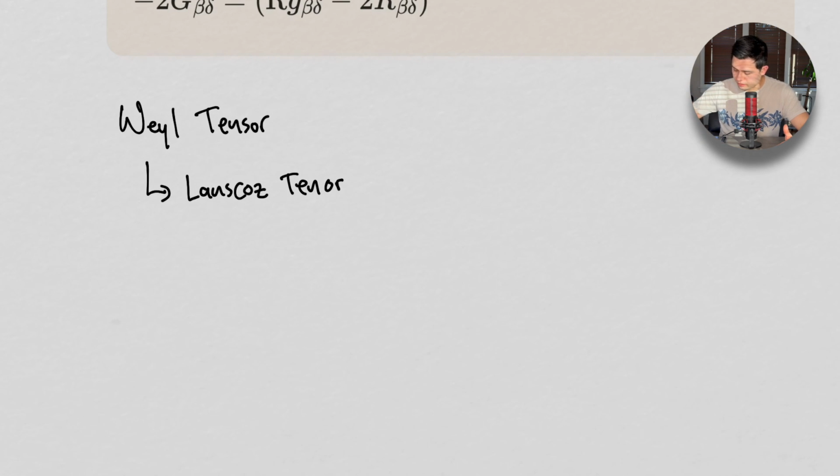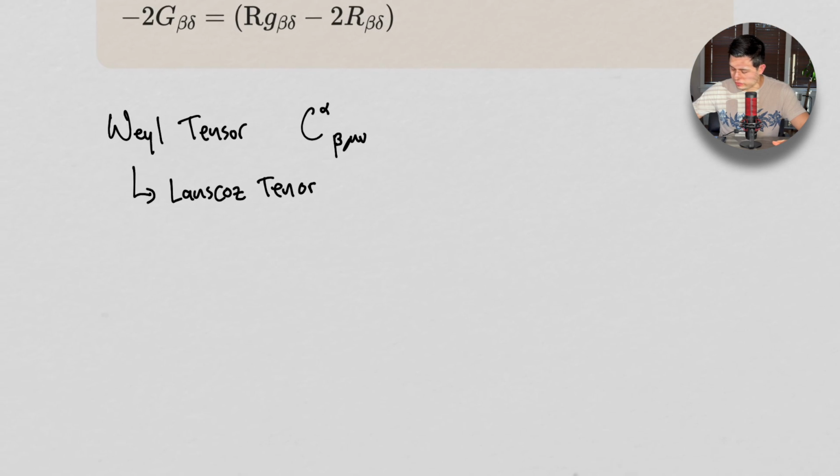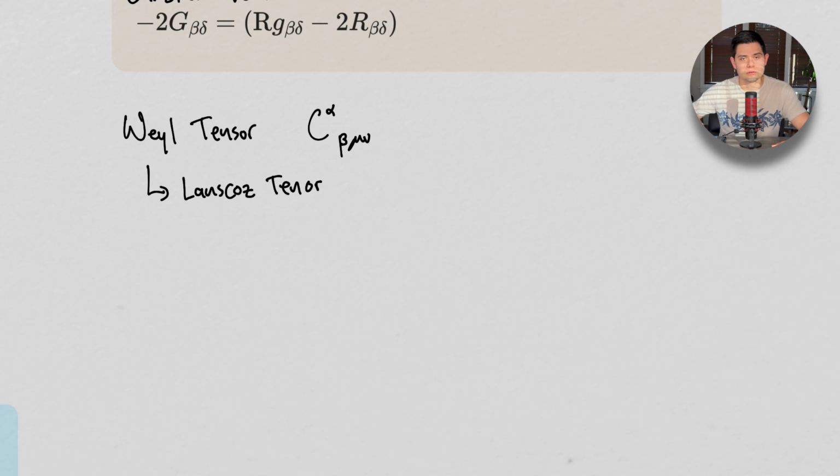Briefly speaking here, the Weyl tensor, we're going to call it C alpha beta mu nu. The Weyl tensor is part of the Riemann Curvature Tensor, and it's specifically the traceless part of the Riemann Curvature Tensor. And what we're going to be able to find is that